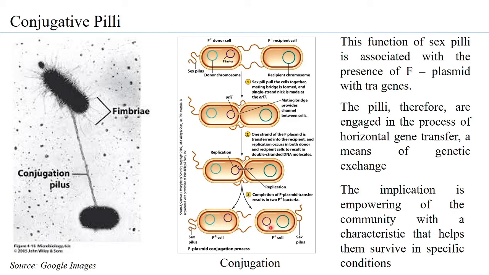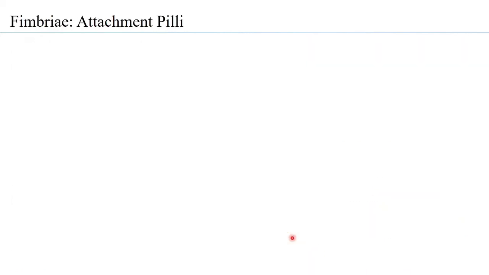Suppose there's a Pseudomonas that does not have that plasmid, and hence will not be able to utilize the carbon source. But when this Pseudomonas transfers the conjugative plasmid to that Pseudomonas, even that one will now be able to survive in an environment where oil is the only source of food. So you can see how the community will build to survive on the hydrocarbon or the oil. That is the implication of the exchange of genetic material.